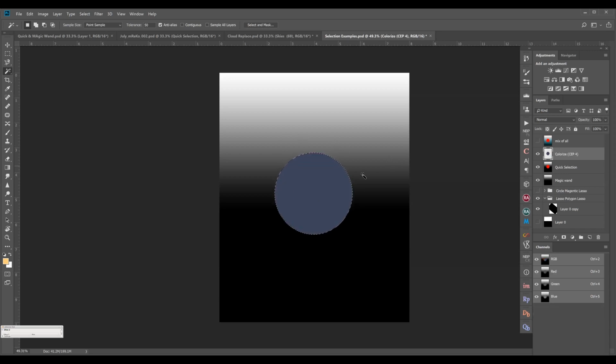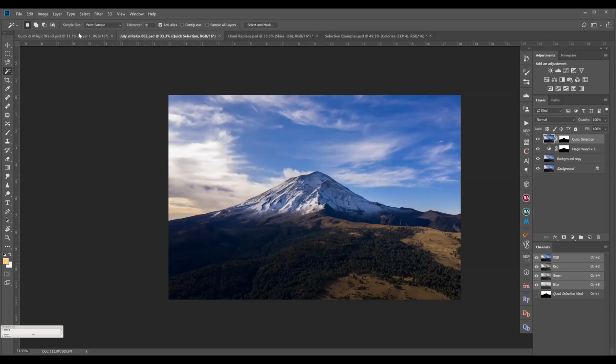Since I have selected this and applied the filter, it applies only to that area. So we will just go down to the real world example.